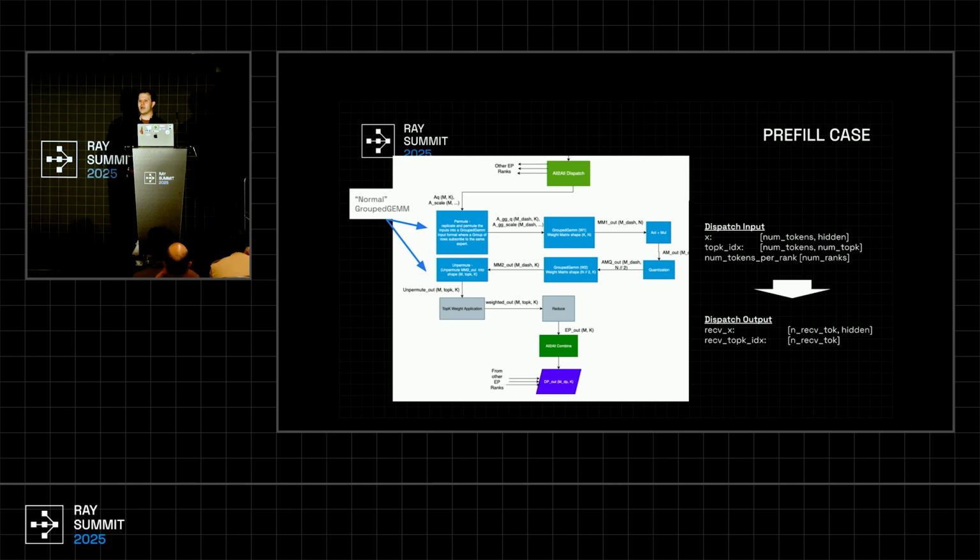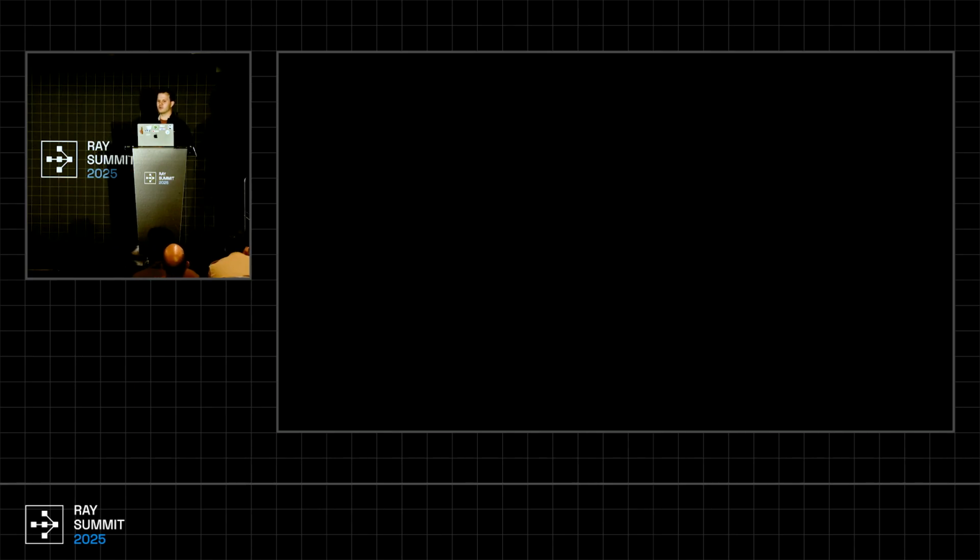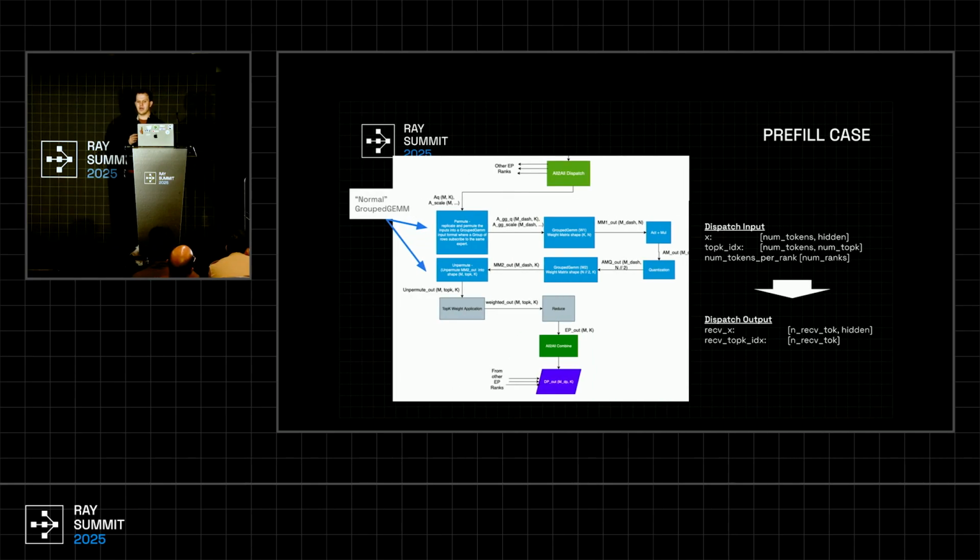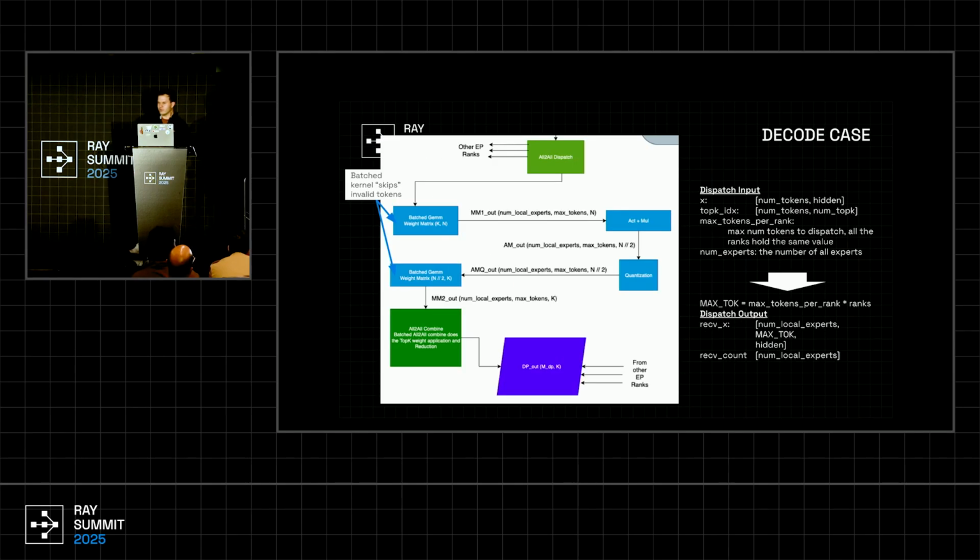This is a very, very common way, and the DeepEP high throughput kernel basically deals with just sending the token to the proper rank. I really wanted to show the DeepEP high throughput case to contrast it with the decode case. And in particular, the decode case for DeepEP low latency is specifically optimized to work with CUDA graphs. And so CUDA graphs have a very important property, which is that we can't sync between the GPU and CPU, and all of the buffers need to be allocated statically upfront. And so for DeepEP low latency,